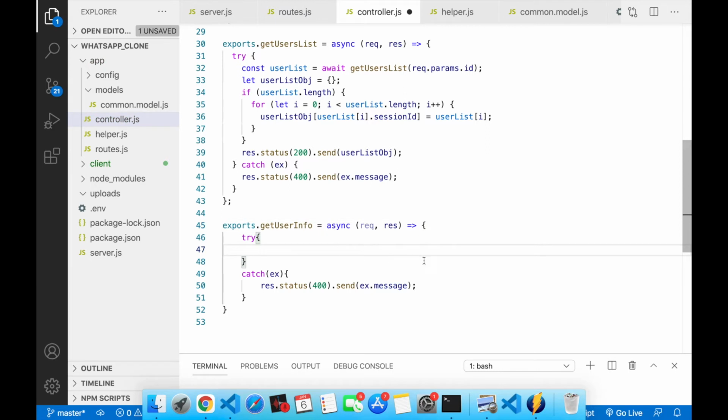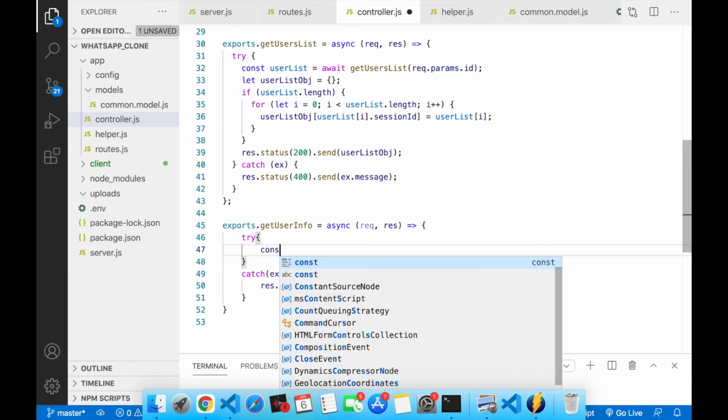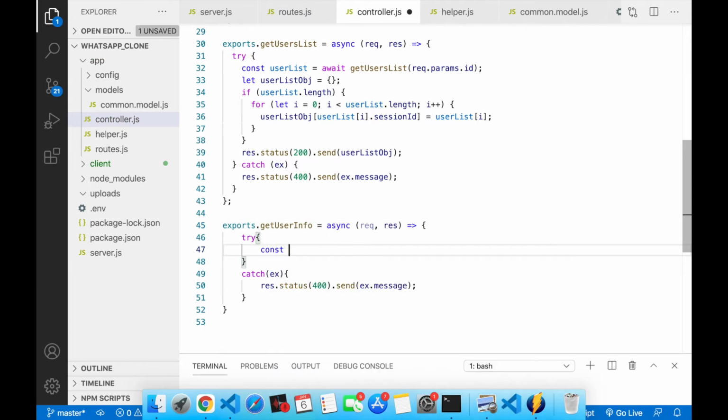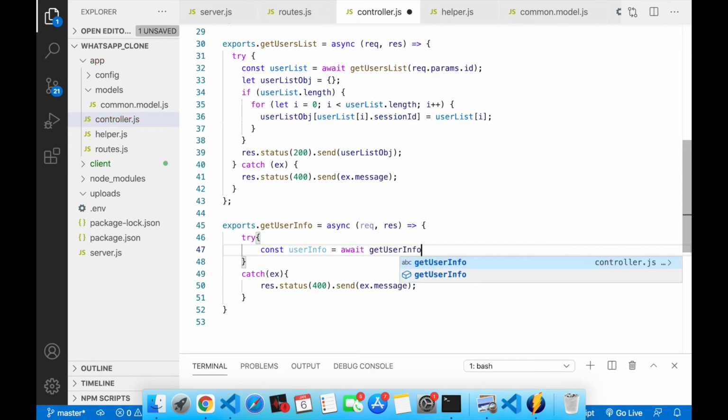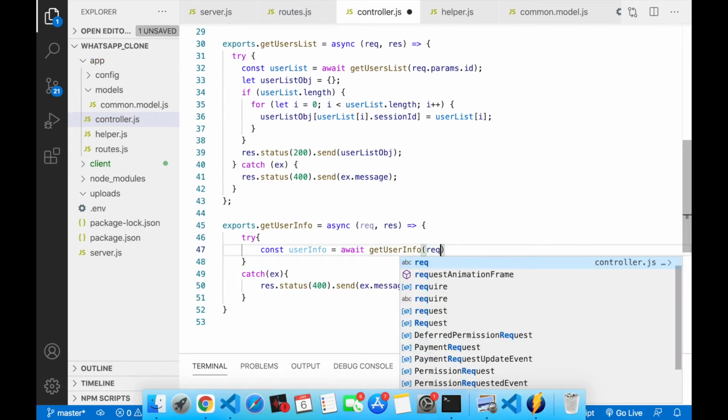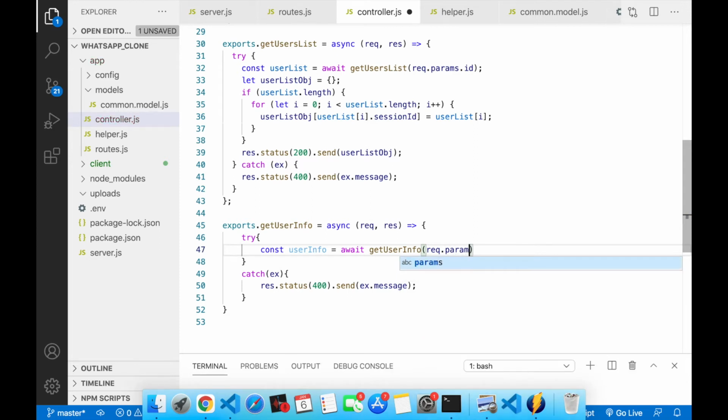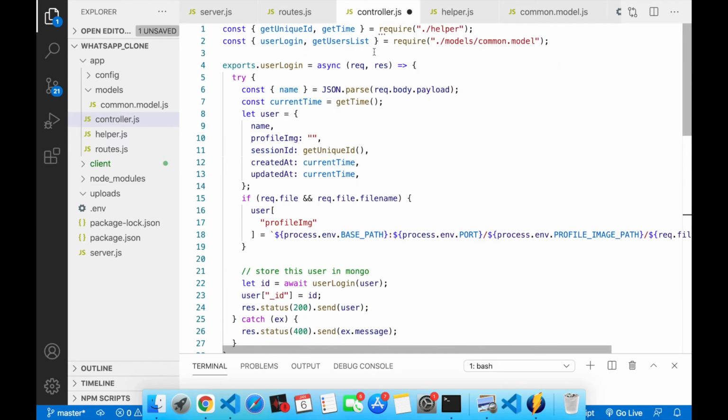So here we will write const user info equals to await get user info. Okay, here we will pass request dot params dot id. Okay, so this method doesn't exist right now. So we will create this method in the model. So first we have to import this here,